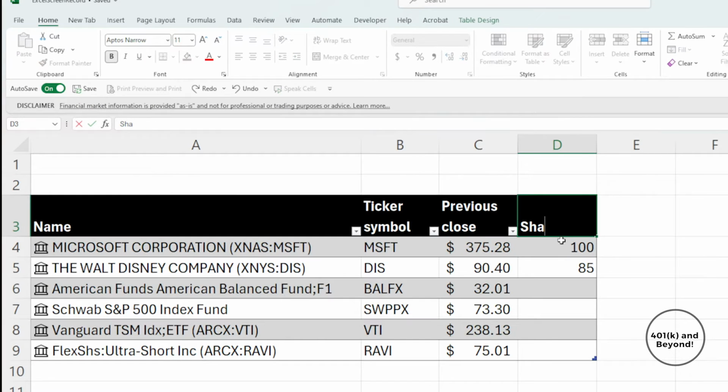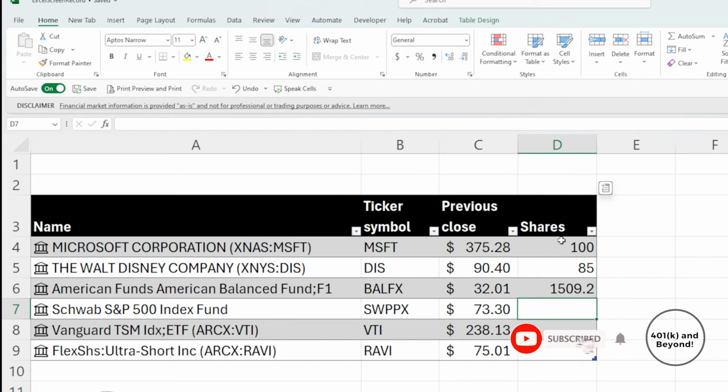So we'll put shares in here. For mutual funds, typically you'll buy them as a dollar amount, right? You won't say, I want to buy 100 shares of BALFX like you would 100 shares of Microsoft. You're going to say, I want to put $1,000 in BALFX, and then that'll be calculated back to shares. So chances are you probably have a share count that looks something like that. Same thing with SWPPX, that's a mutual fund. So let's say you got